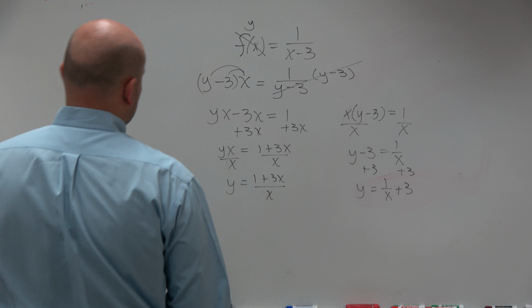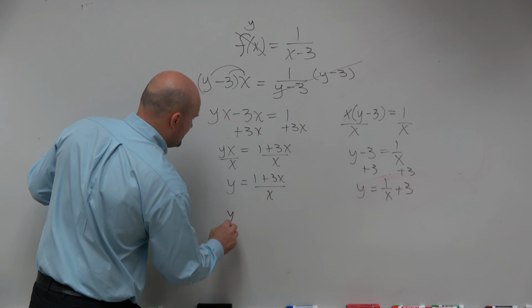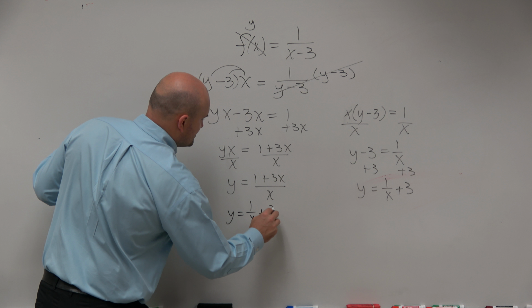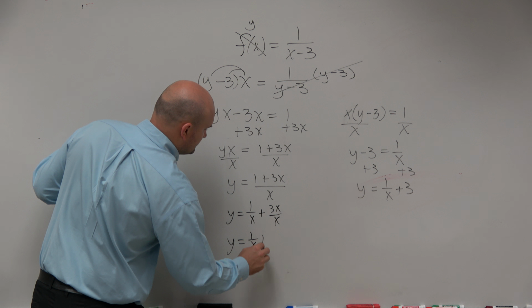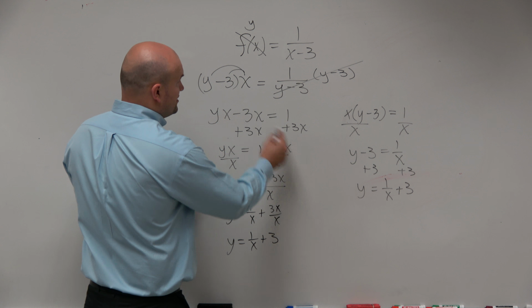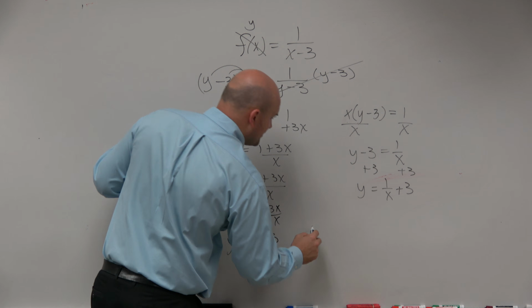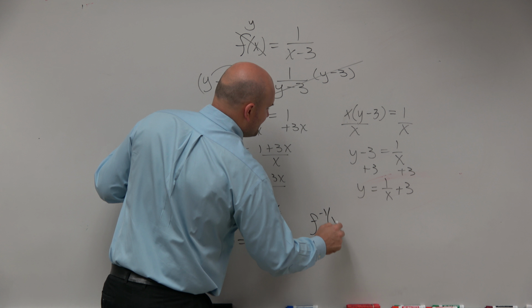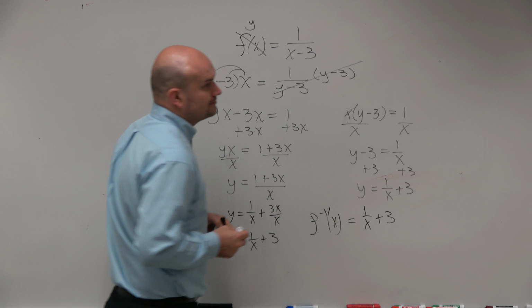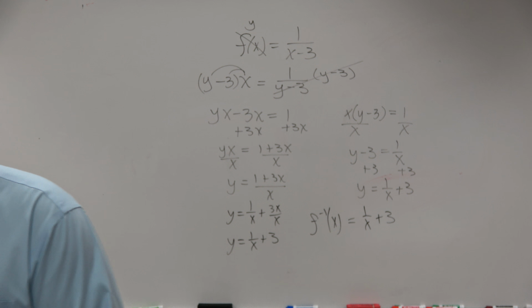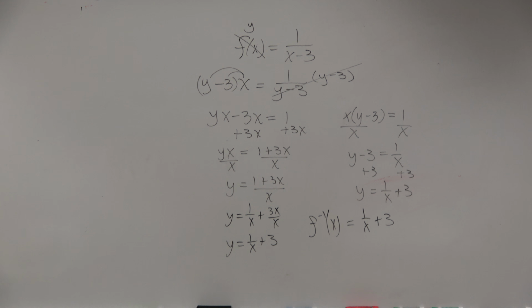And that works because if you were to simplify this, you'd get y equals 1 over x plus 3x over x, which is really the same thing. Okay? So therefore, when we say f inverse, then we just rewrite this in f inverse form, which is 1 over x plus 3. Okay? Anybody have any questions? I solved it 2 different